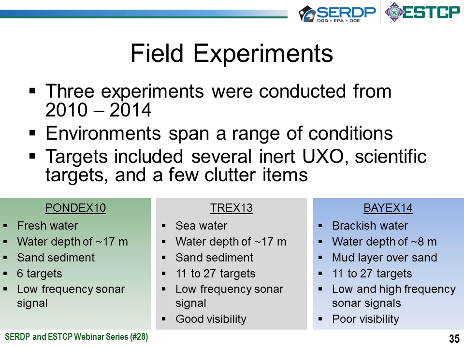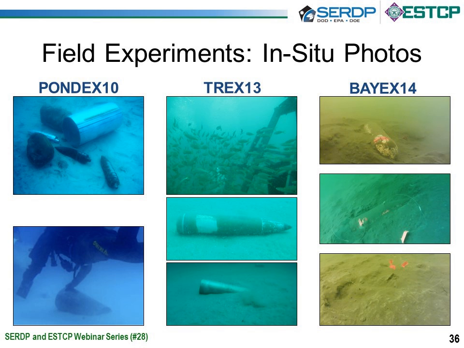We still had sand, but we used a much larger array of targets and the grazing angles to the targets spanned a much larger range. Then in Bay X14, we moved into a brackish water environment where now we were on mud instead of sand. And frequently, as you can see in the next slide, objects would bury. So if you look at the images on the right-hand column, you can see that objects were either partially buried or completely buried most of the time.